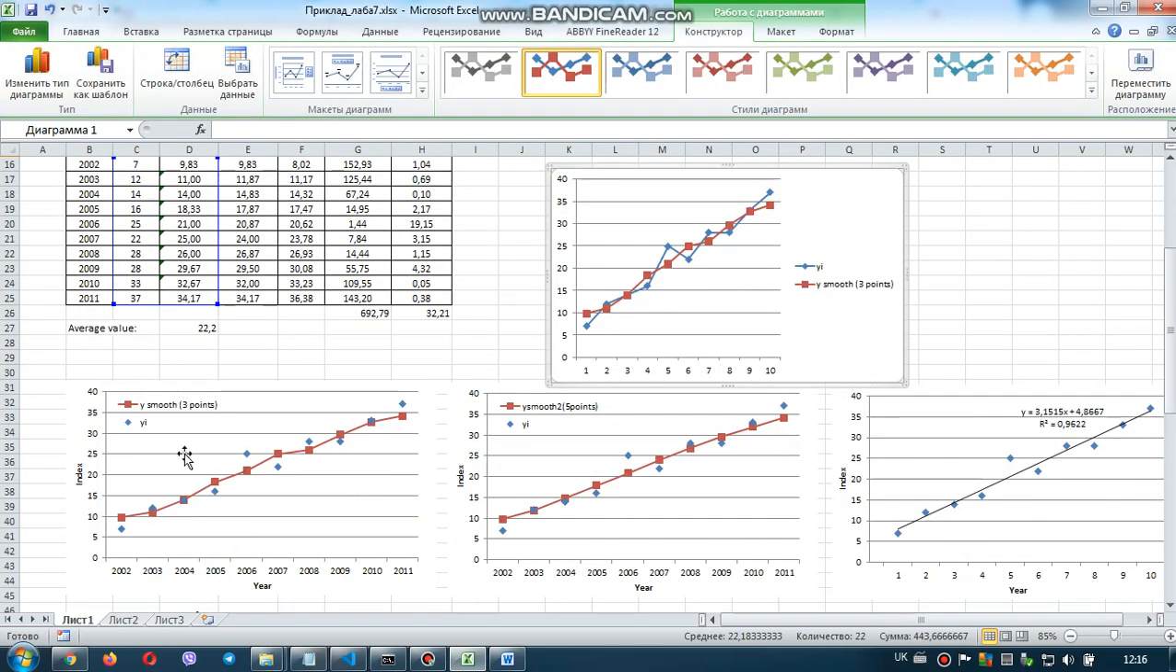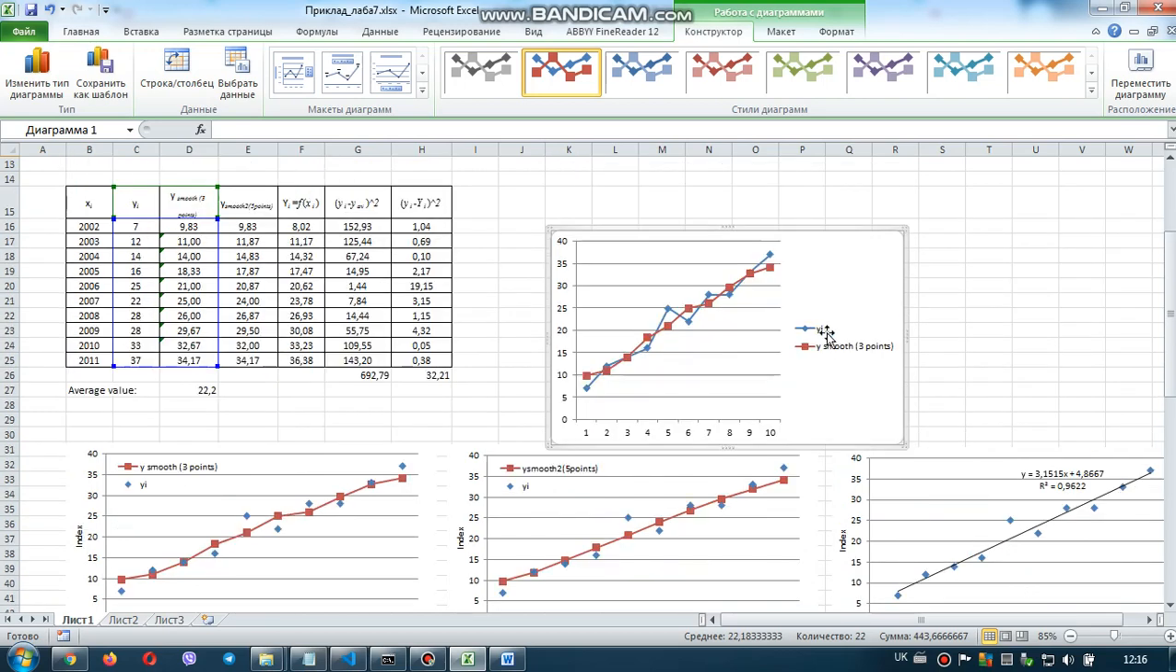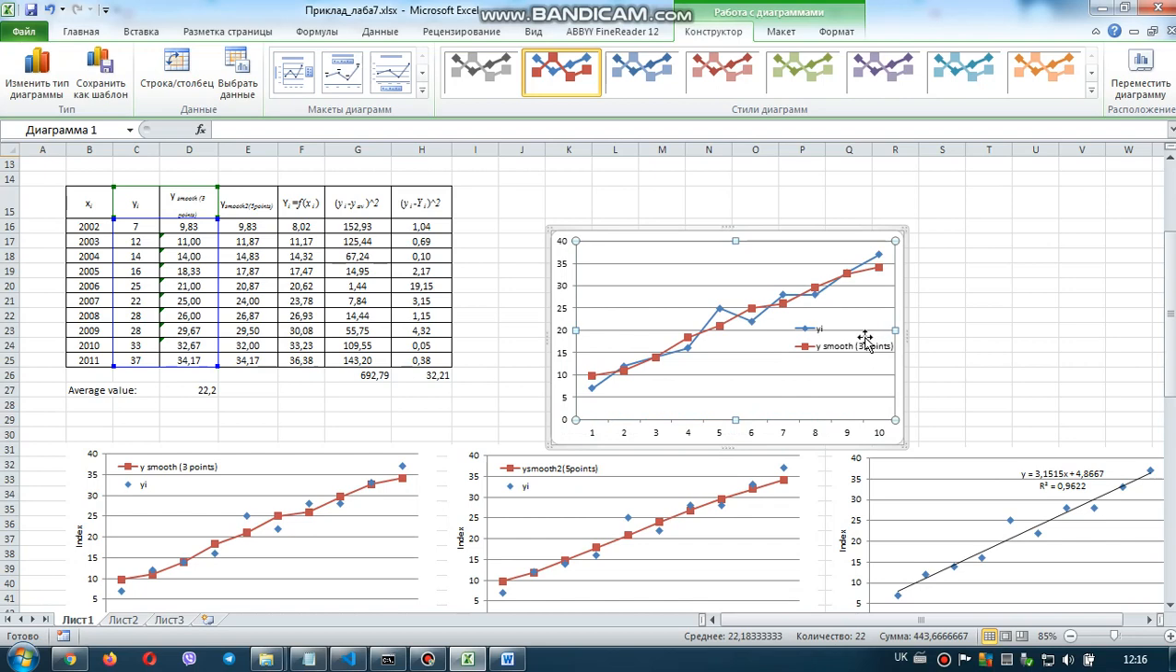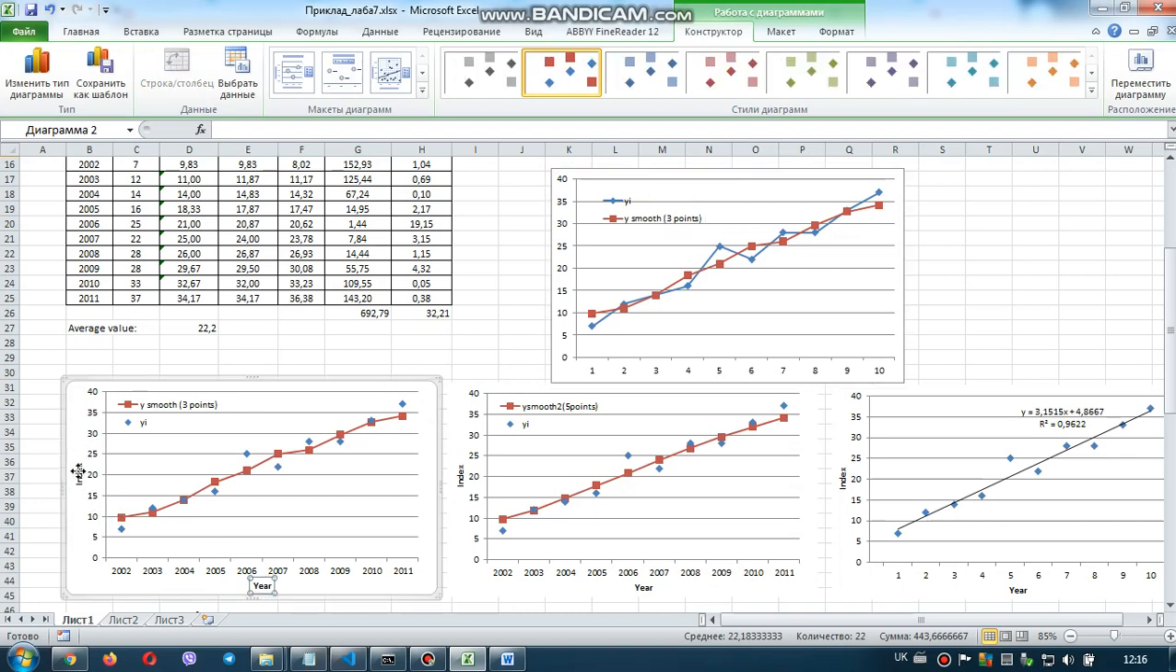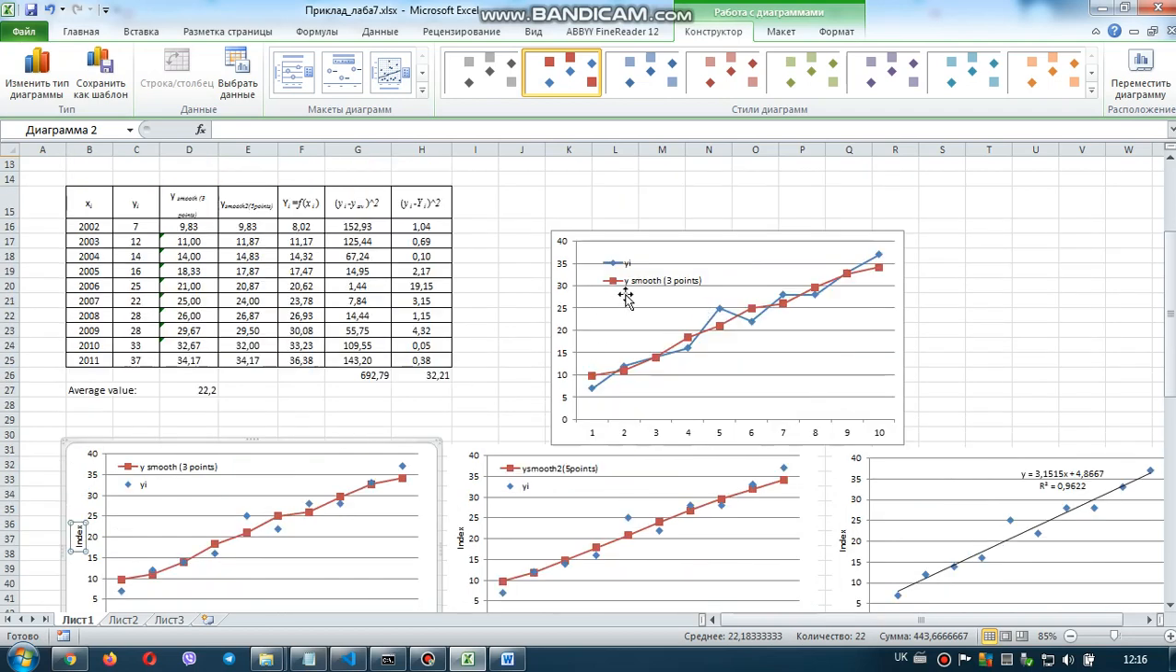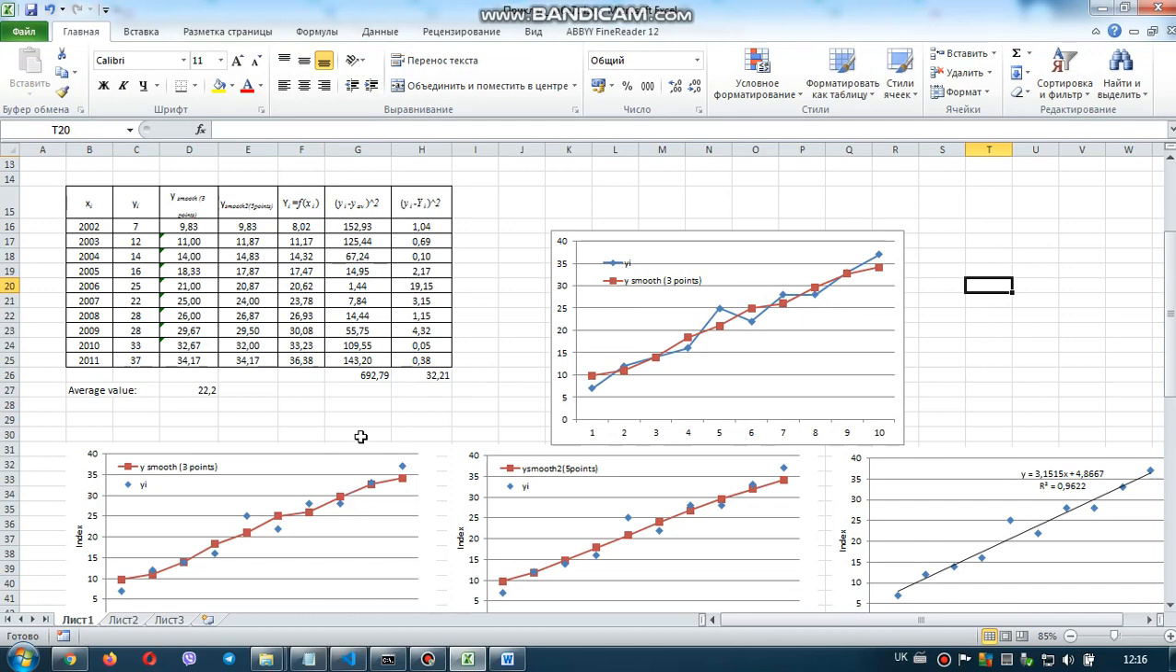Just for example, this is the final version, this is an example. You can format your graph and add headings of the axes. I will not pay attention to it now. What is the principal moment? You have to